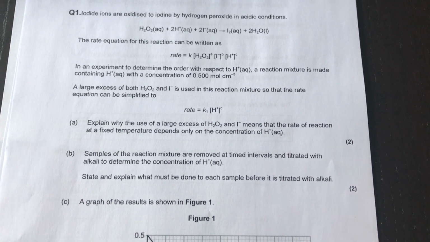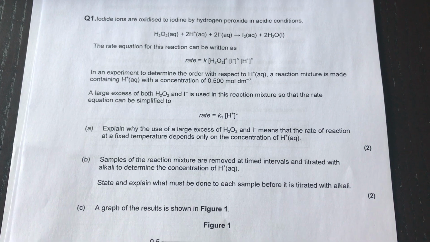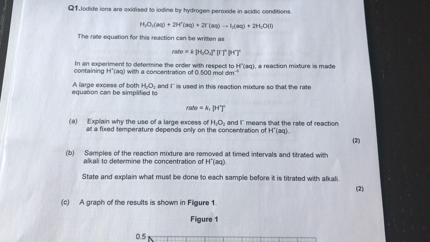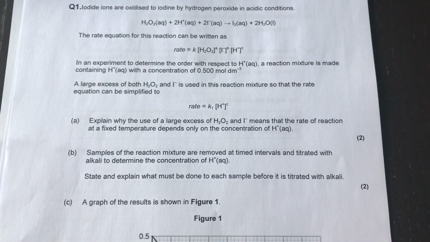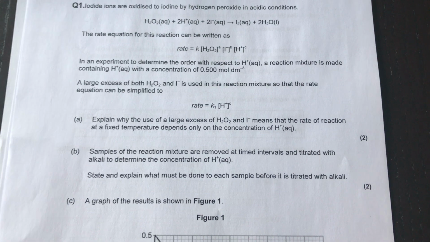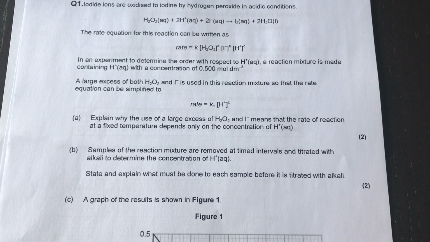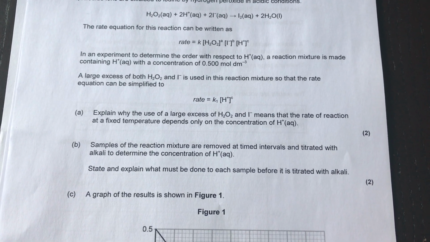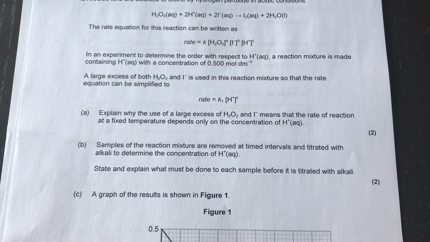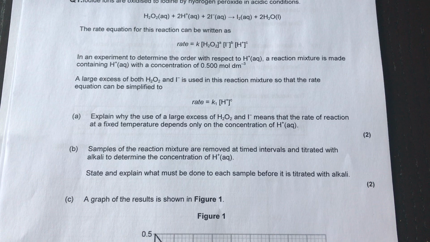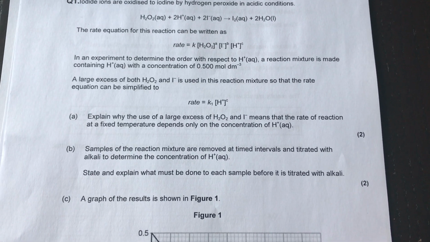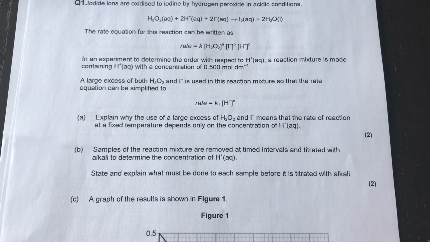Now you've actually had a question very similar to this before. Essentially, if you've got a large excess of one or more of your reagents, they're not going to impact the rate because they're just not going to run out. Or certainly it would take a very long time for them to run out. So the rate isn't dependent on them. That reaction can keep going, and you're not going to run out of them. Basically, you need to phrase it slightly better than that,